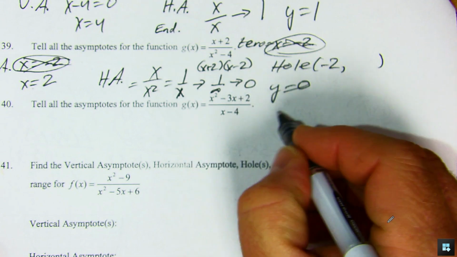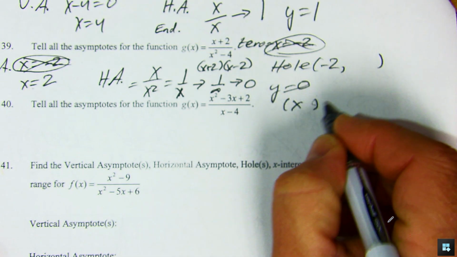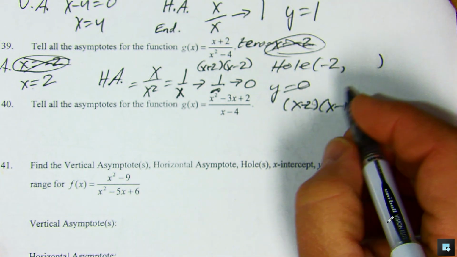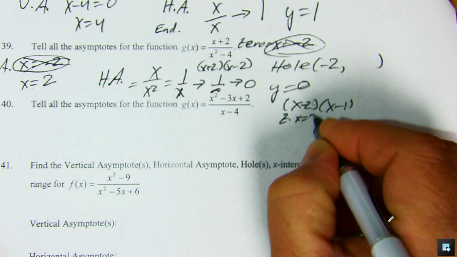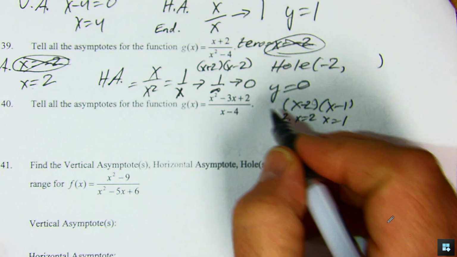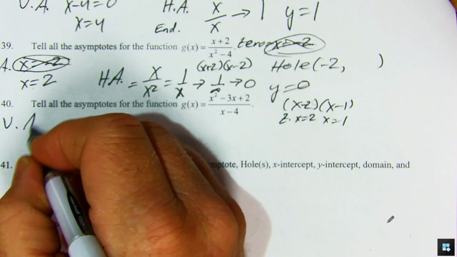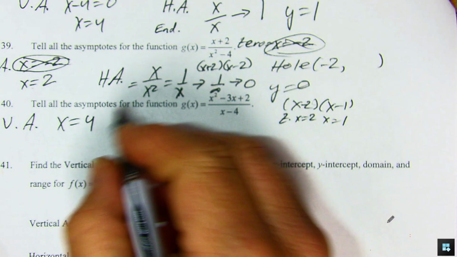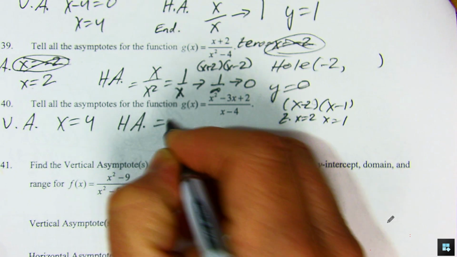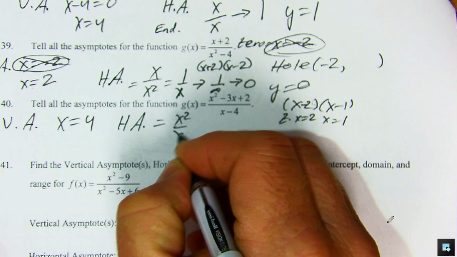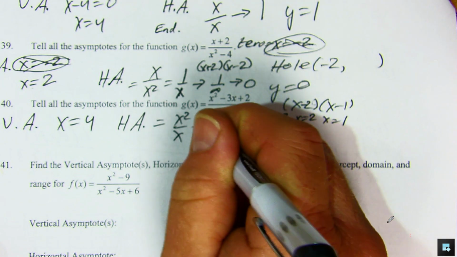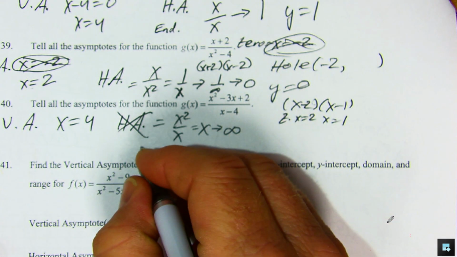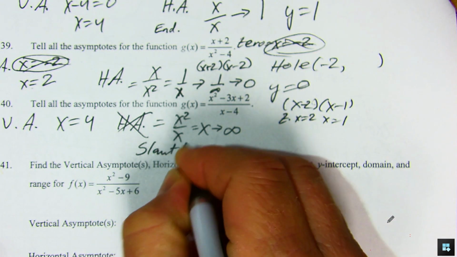Tell the asymptotes for this function. Sure. On the top, we factor out. We get x minus 2, x minus 1. So the zeros are at x equals 2 and x equals 1. On the bottom, we have a vertical asymptote at x equals 4, because that's when that denominator will be 0. Our horizontal asymptote would be x squared over x, which goes to x, which therefore goes to infinity, which tells us it's not a horizontal asymptote, but a slant or oblique